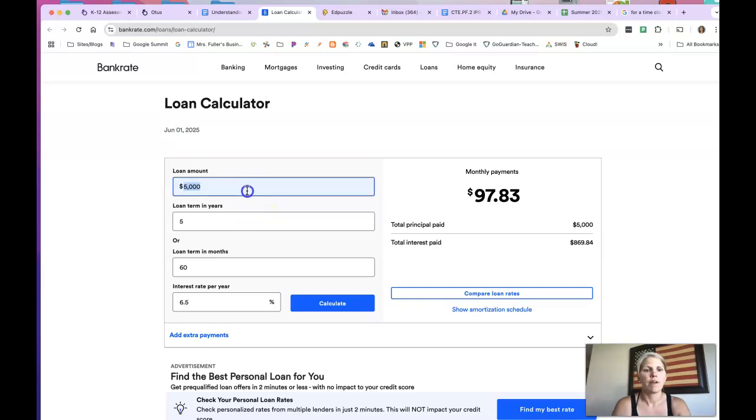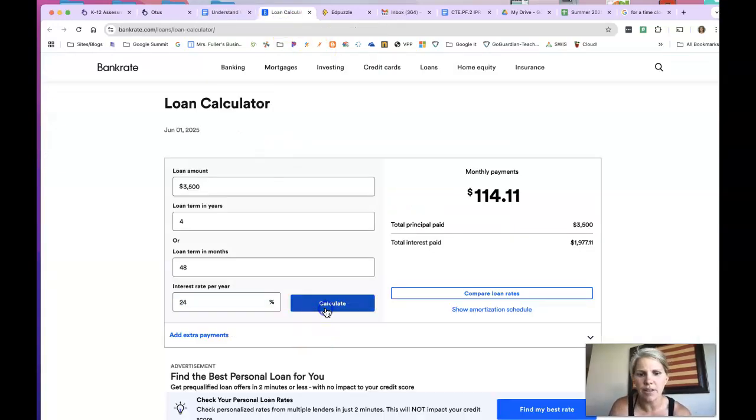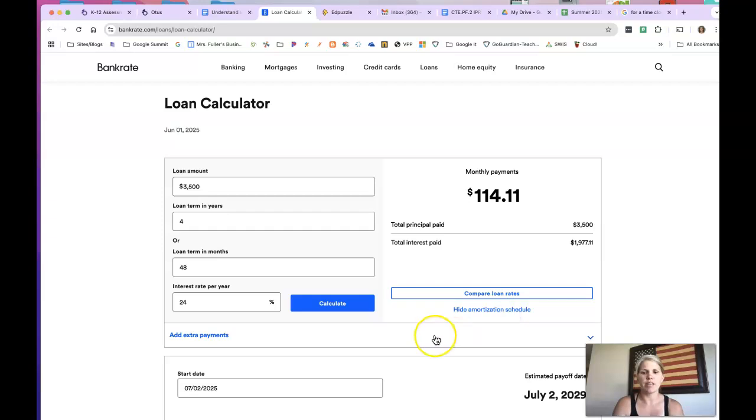So put it in there, 4 years. So is it 24, 25? What was it? 24. Okay, and then I just click calculate. Okay, it tells me the monthly payment, but I still might need to know some of that other information. So you click the show amortization schedule,